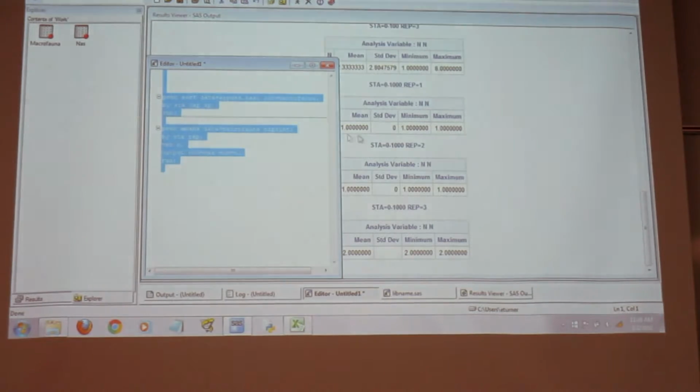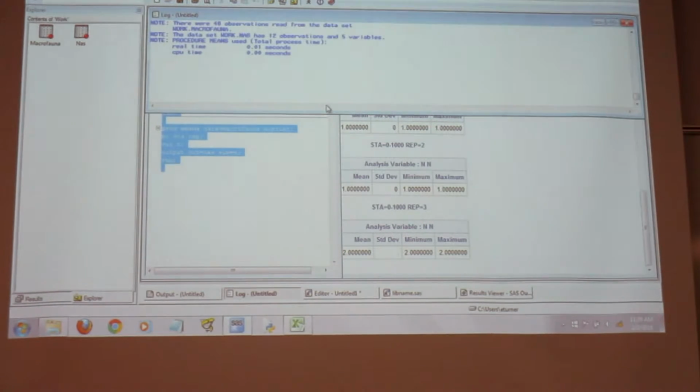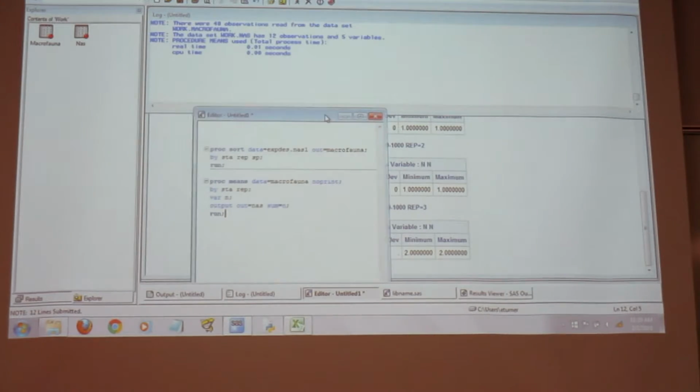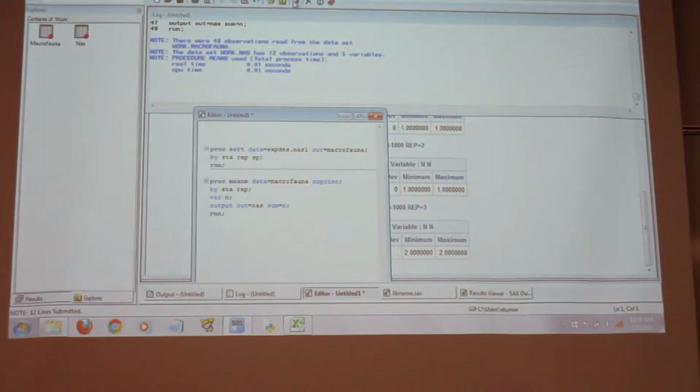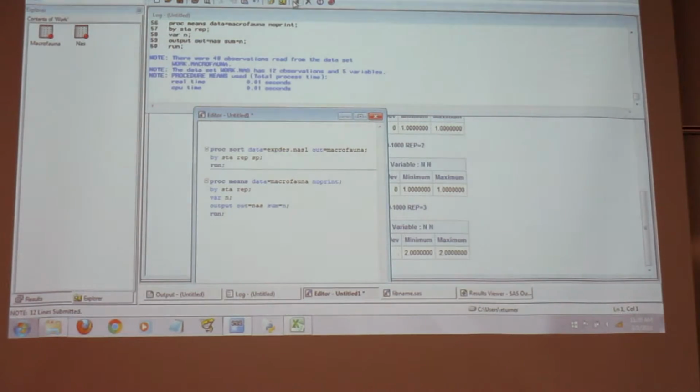Okay, so now it didn't print that out. I ran it, and it didn't do anything. But it did execute, because if I go to the log, it's there. So if I run this again, it runs, but now it doesn't print that stuff out. Right? So it just saves you that.